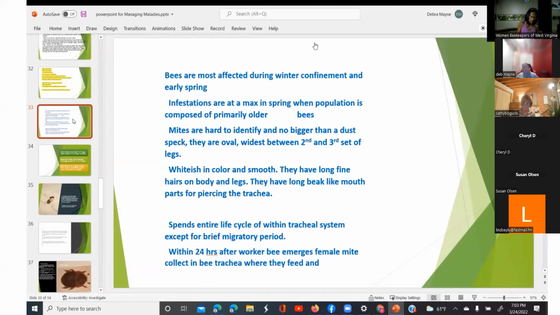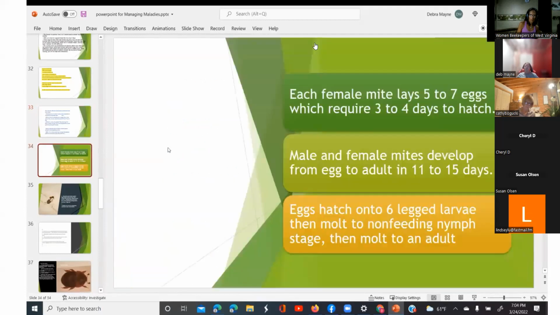They spend their entire life cycle within the tracheal system, except for a brief migratory period. Within 24 hours after the worker bees emerge, the female mites collect in a bee trachea where they feed. Each female tracheal mite lays 5 to 7 eggs, which require 3 to 4 days to hatch. The male and female to adult 11